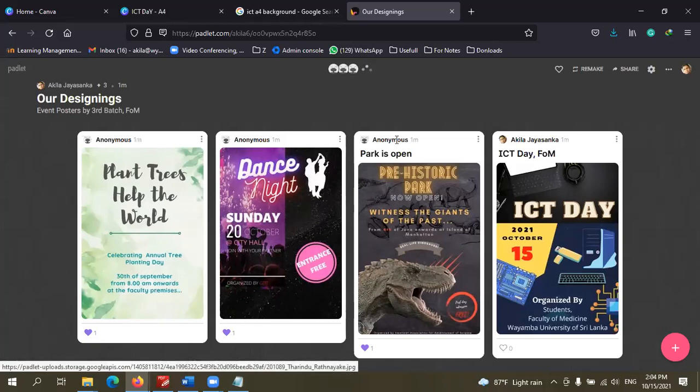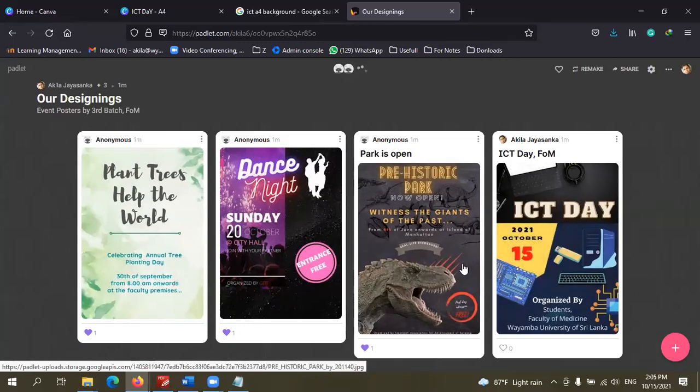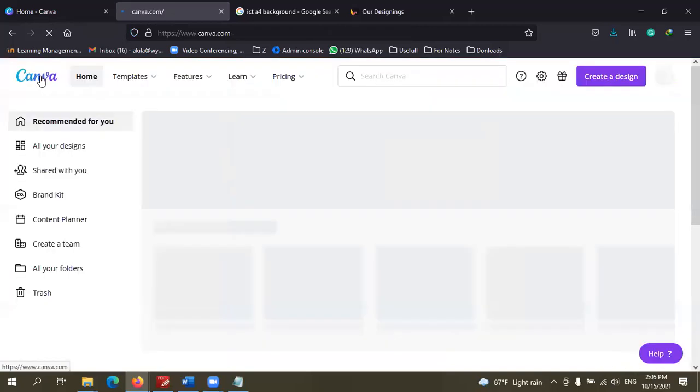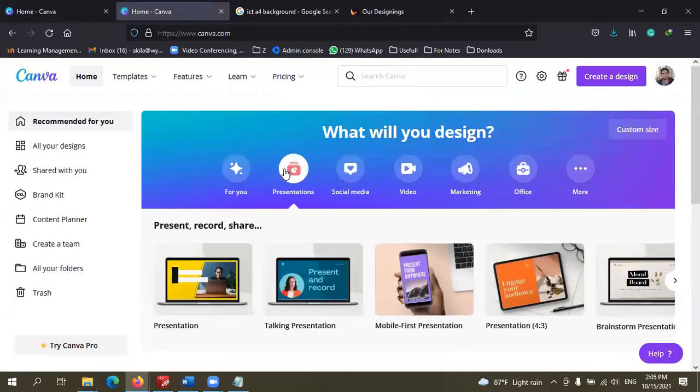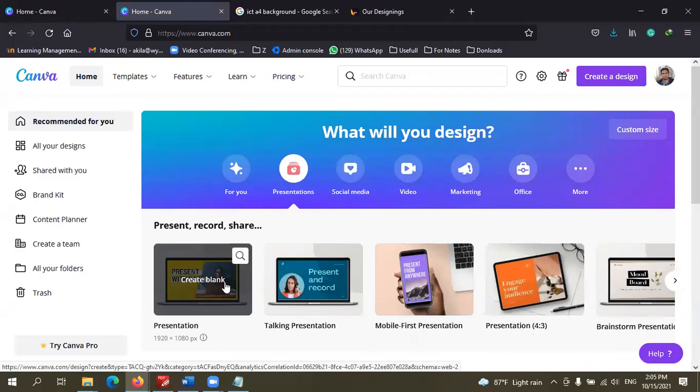Okay, children, let's move forward. You can just upload here. We'll see later. Right. I think you can use shapes, text, images, backgrounds. Using those things, you can make an attractive design. So it's very easy to use the website. Similarly, if you go to home, you can develop presentations as well, right? Templates are available. You can create any.